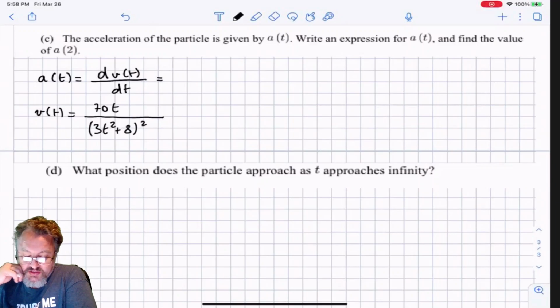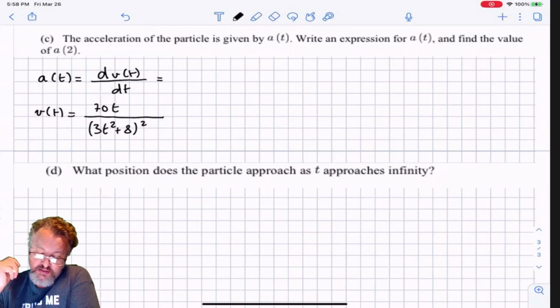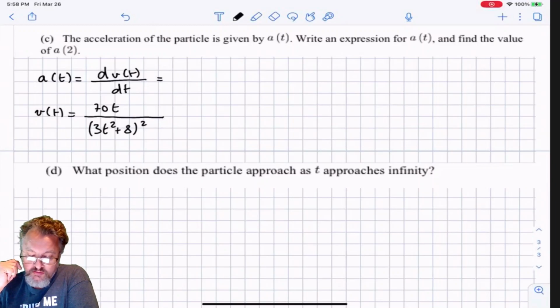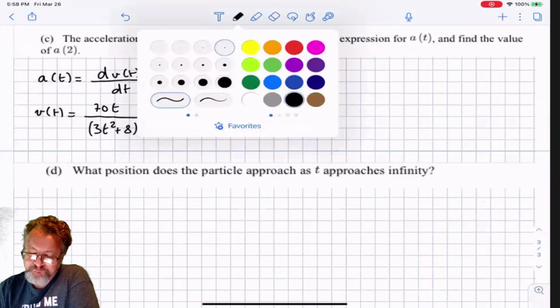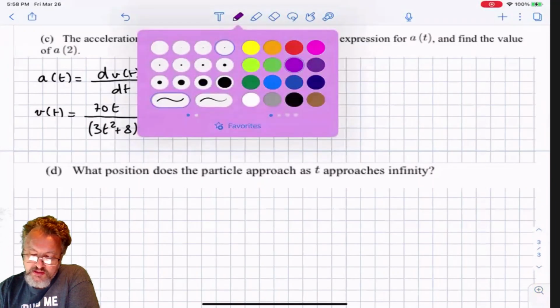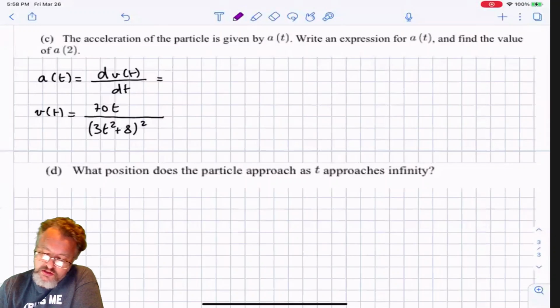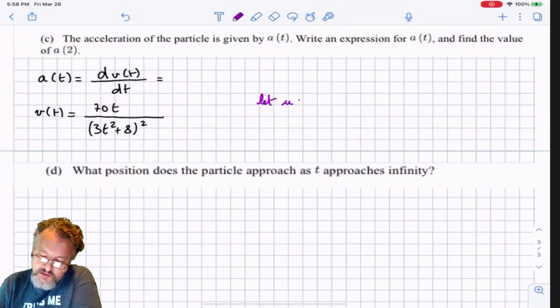Doesn't really matter. It's going to be a little messy one way or the other because this is not an easy expression to deal with. So let's just use the quotient rule again. Okay. All right. Let's use purple this time. So I'm going to let u be equal to 70t. Therefore, u prime will be equal to 70. I'm going to let v be equal to 3t squared plus 8